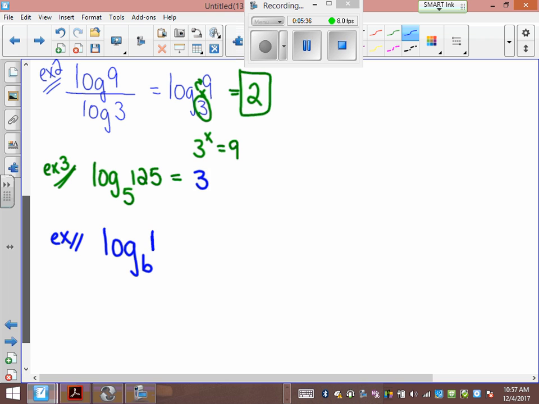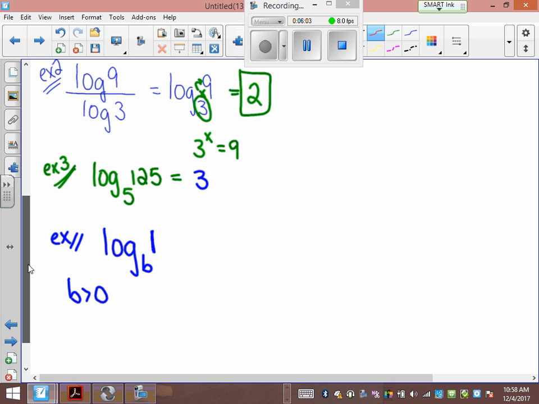So remember, if I ever give you something with a variable, they're going to have to tell you what the variable stands for. So like b is greater than 0, let's say. And it can't equal 1. So you could plug it in and try and figure it out that way, right? You could go log 1 divided by log 2, log 1 divided by log 3, log 1 divided by log 4, and see if you can get a trend and figure out what it is that way. Or you can say to yourself, using the math that I just said,